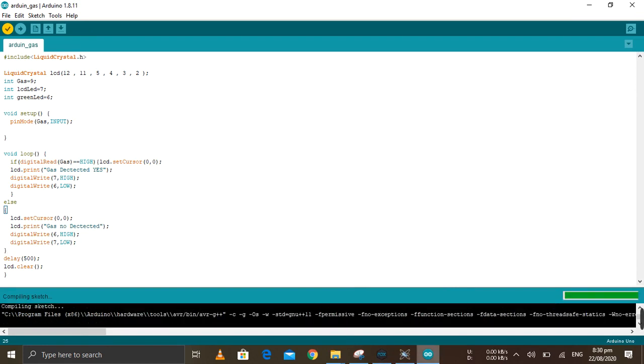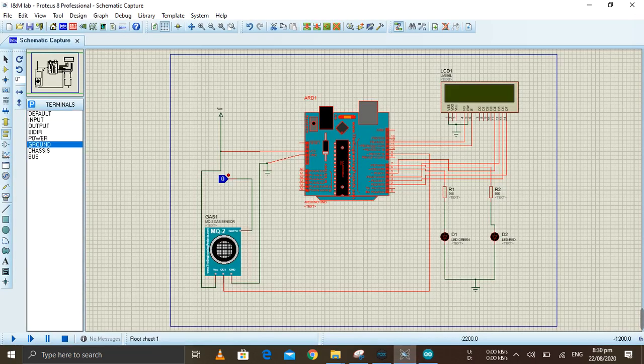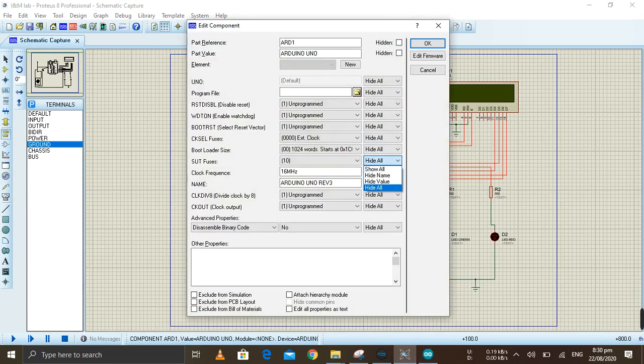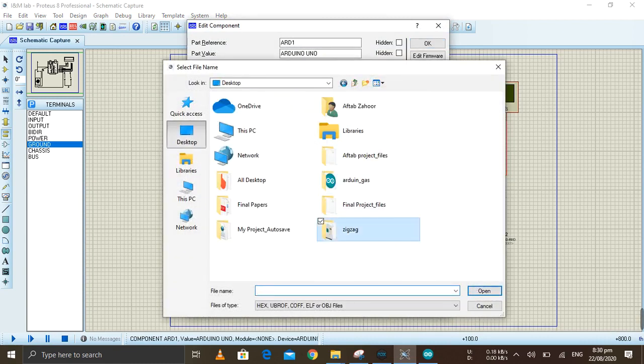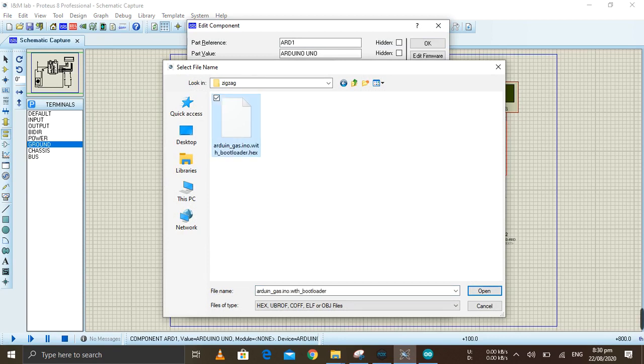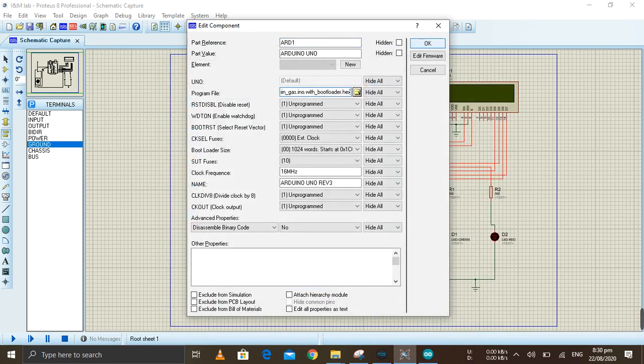Compilation is complete. This is the hex file for Arduino, which is generated by the Arduino software.